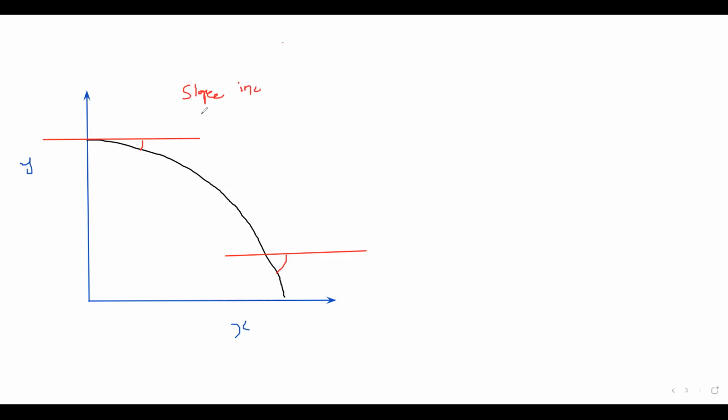increasing. What about the value of the slope? Whether it is positive or negative? When I take the first point, y1, and the second point, y2, you can see y1 is above y2, so it will be a negative value. So here the slope will increase, but it will have a negative value. And as another graph,